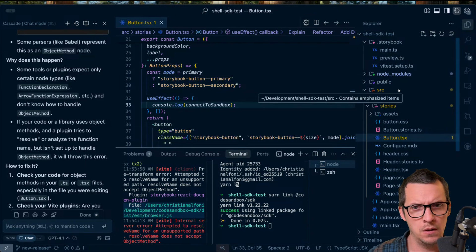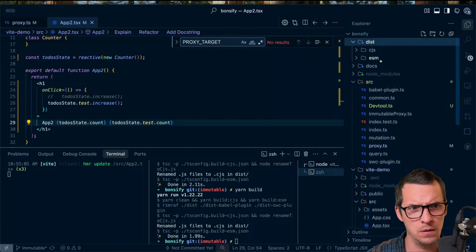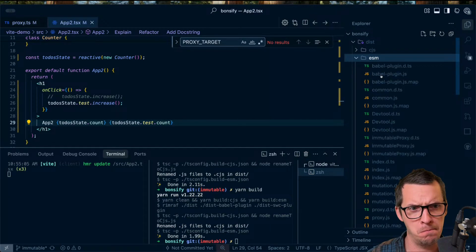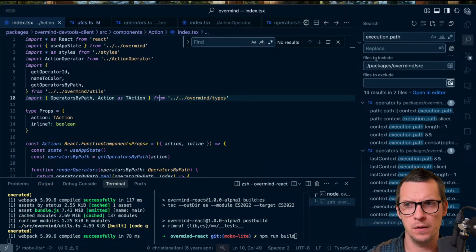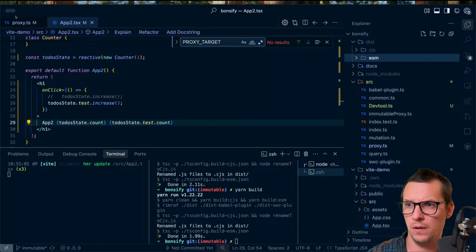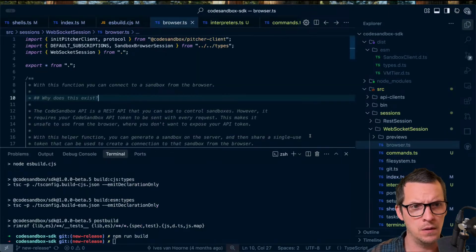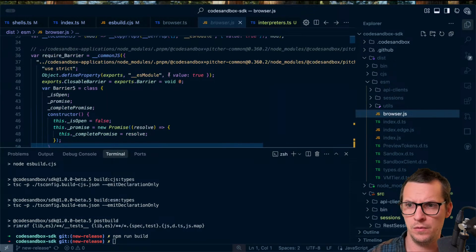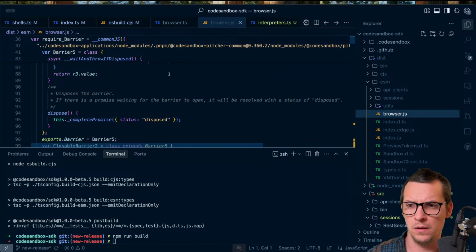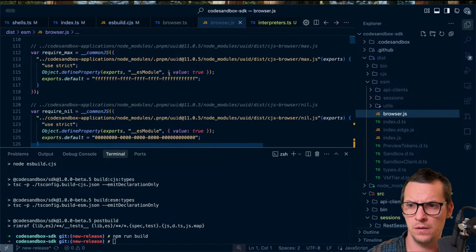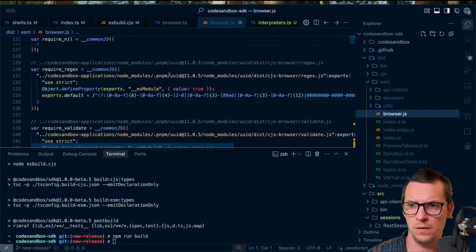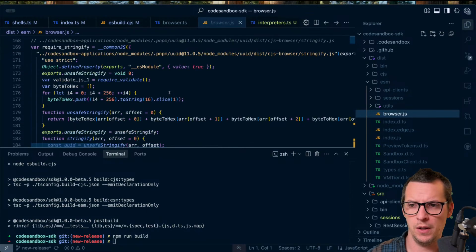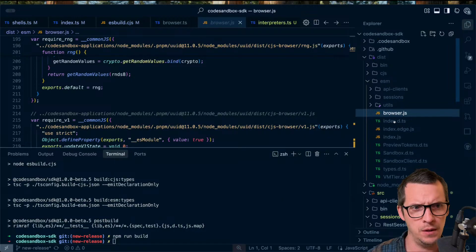What? Oh, sorry. We're going to minimize these ones. That's other stuff. So this is browser. What's wrong with this? I guess I could move it back, but I want this browser file to be with